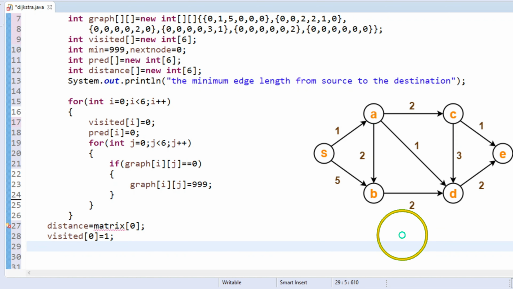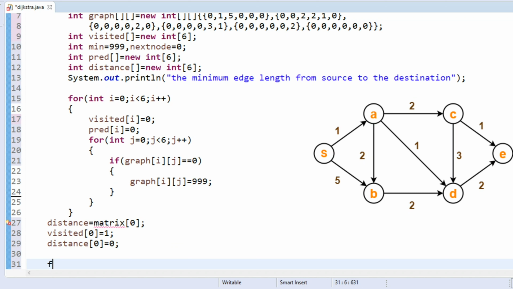That means visited of 0 is equal to 1, and the distance of that source vertex is equal to 0. As there is no edge connecting the source vertex to itself, I represented the distance of the source node as 0.